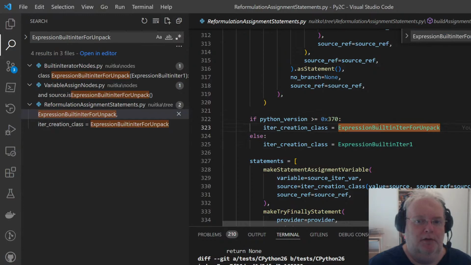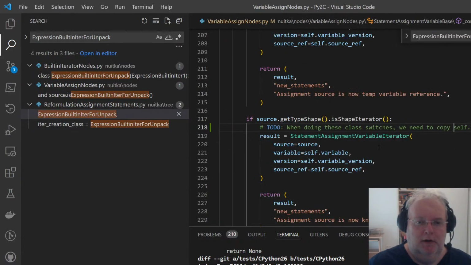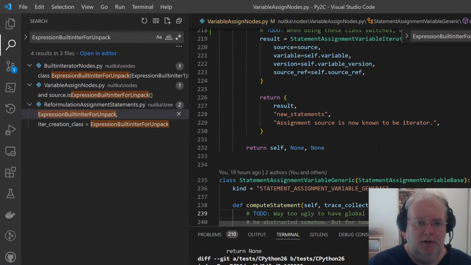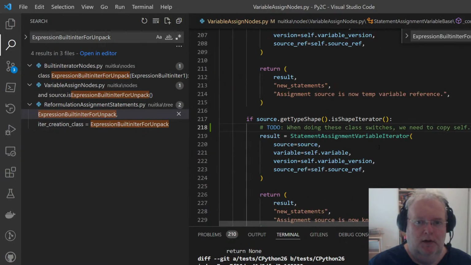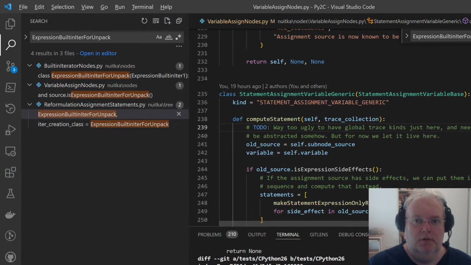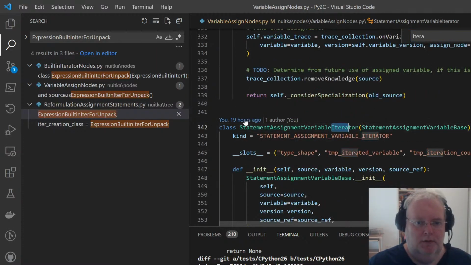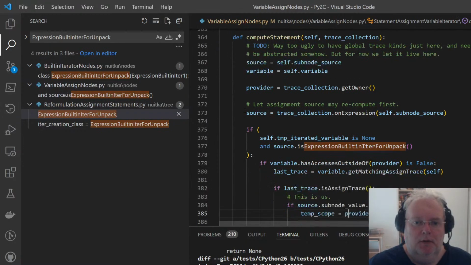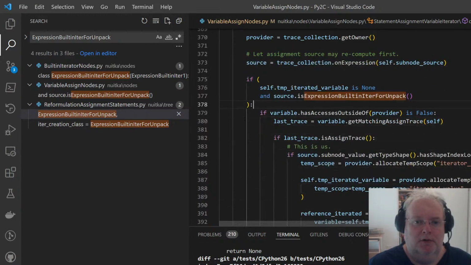So I was developing against this, and I think that's why my code is not being done for Python 2 yet. And this one is a victim. So wait, where was I? I wanted to go to iterator. Yeah. I wanted to go to its expression built in iter1 because they are base class.